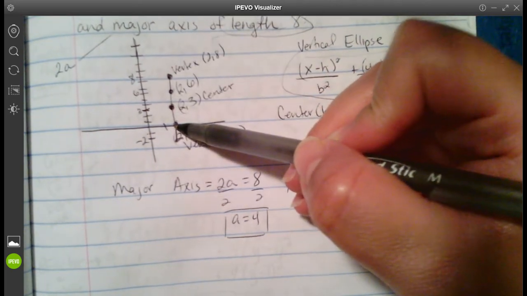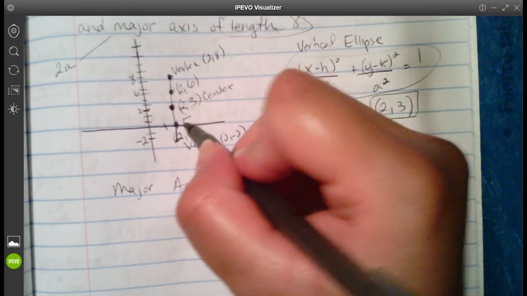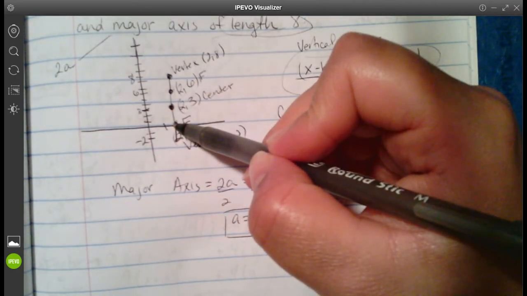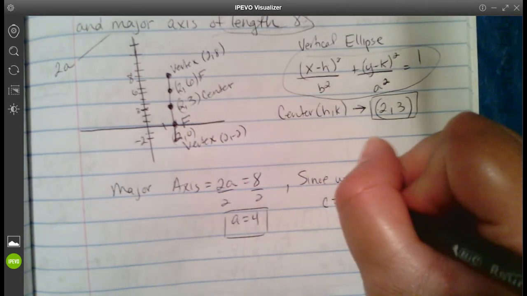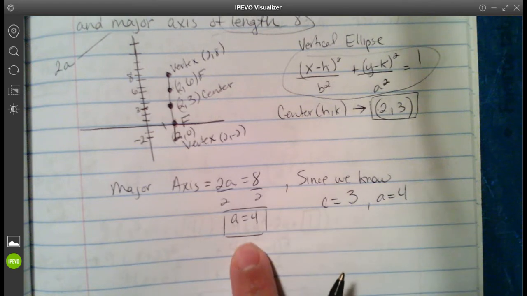It's the distance from here to here. From this focus point, and we can put F for focus, these are both focus points, to the center, it's 3 units, right? 3 and 3. So since we know that c equals 3 and a equals 4, because we just found it,